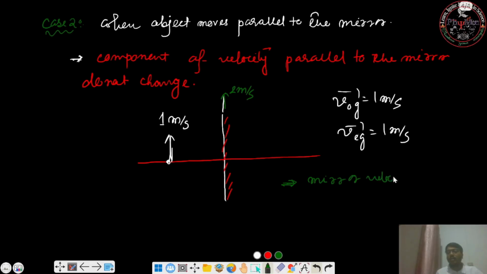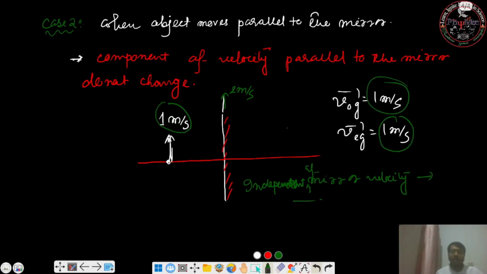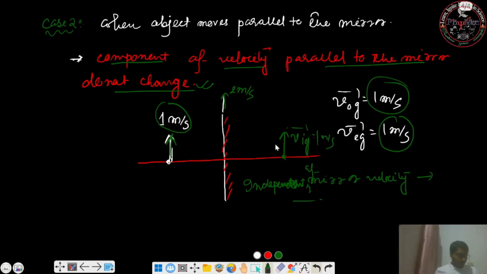It is independent of mirror velocity. Even if the mirror keeps moving, if the object's velocity is 1 meter per second, the image's will also be 1 meter per second. If it is 2 meters per second, then the image will also be 2 meters per second. That means the component of velocity parallel to the mirror does not change. The image will always have the same as the object. The velocity of the image with respect to ground is also 1 meter per second along the same direction. Okay, so